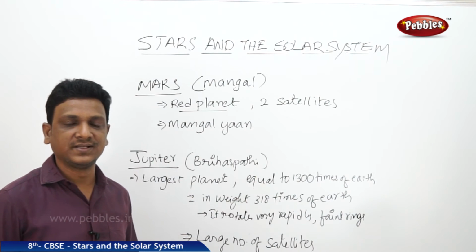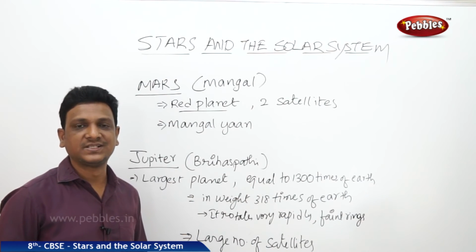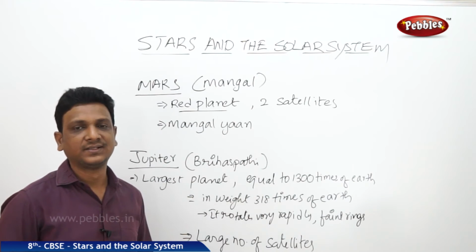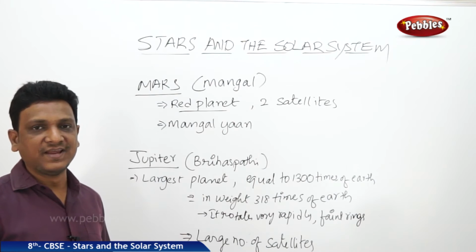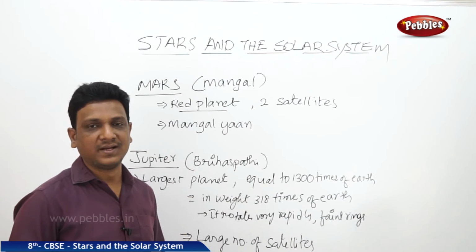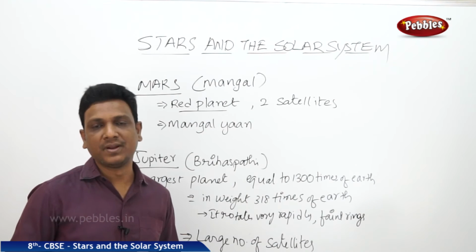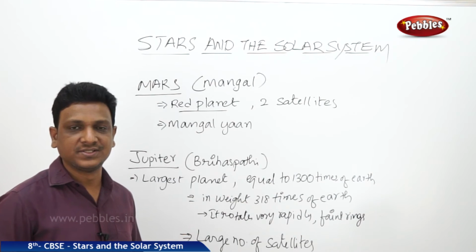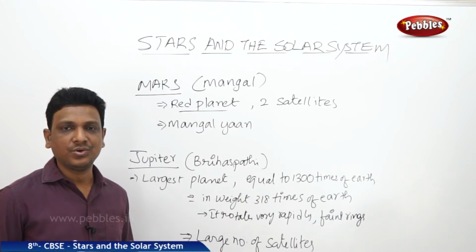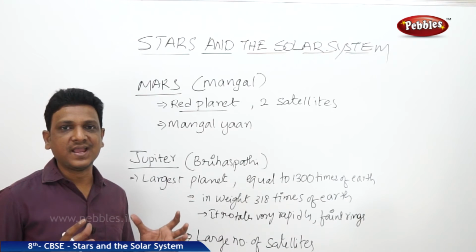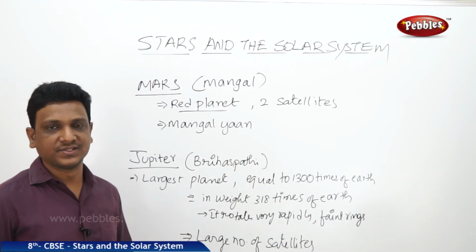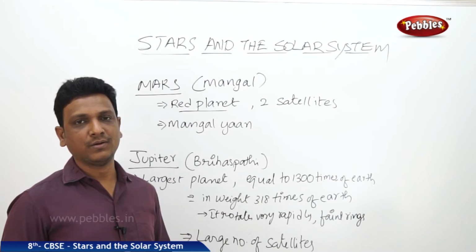People who are taken to Mars cannot come back according to that plan. But still they are interested. People are very curious about Mars because it is very close to the Earth, and there are certain features which give us an idea that life may survive in future on this planet Mars, that is Mangal. Mangalyaan is one plan of our Indian space organization and other international space organizations. They have many plans to completely investigate the conditions on Mars and see whether we can establish certain artificial conditions for agriculture or to make life possible on that planet.